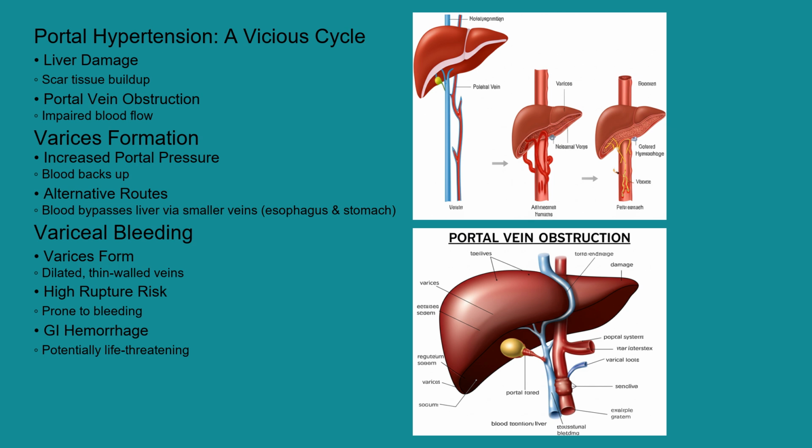Here's how it works. When the liver is damaged, scar tissue builds up, obstructing blood flow through the portal vein. This obstruction causes blood to back up, increasing pressure within the portal venous system. To bypass the blocked liver, blood seeks alternative routes, often through smaller veins in the stomach and esophagus. These smaller veins weren't designed to handle such high volumes of blood under pressure. They become dilated and tortuous, forming varices. Because these varices are thin-walled and under high pressure, they're prone to rupture and bleeding, leading to potentially life-threatening